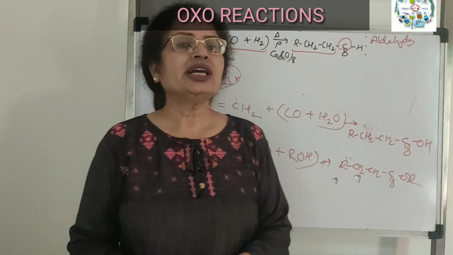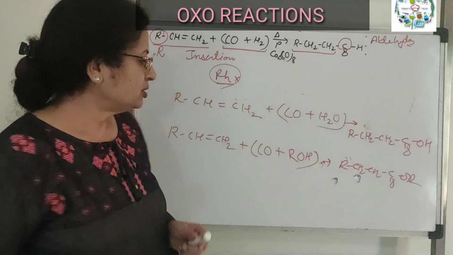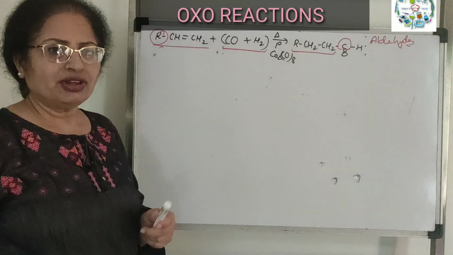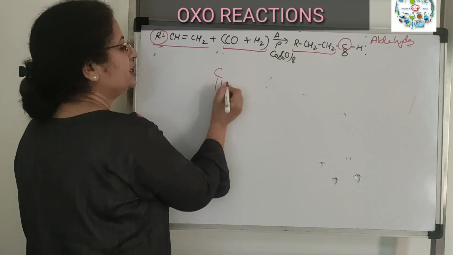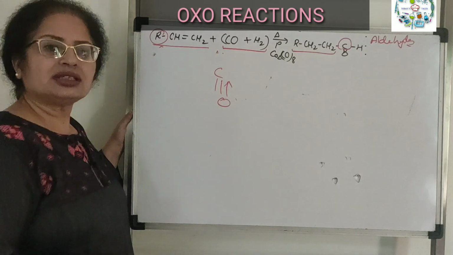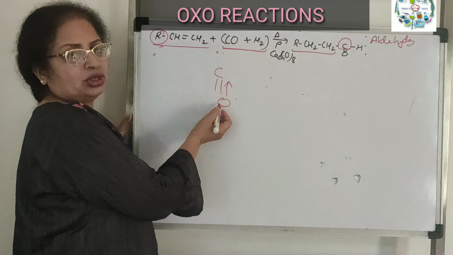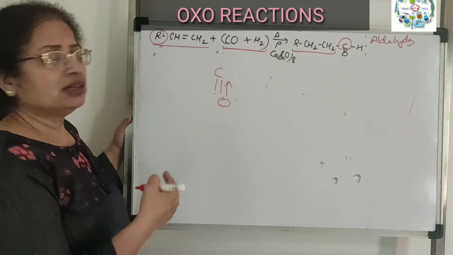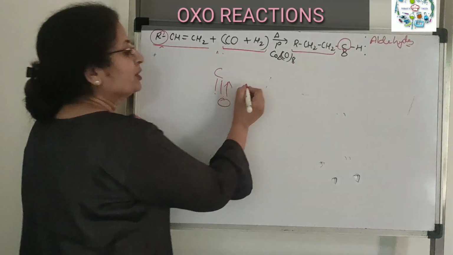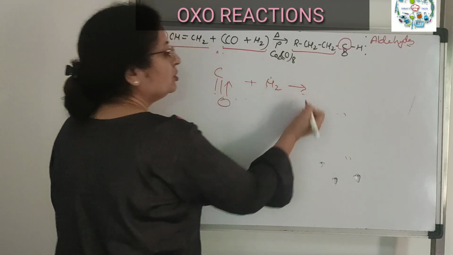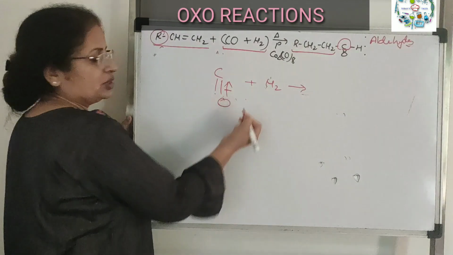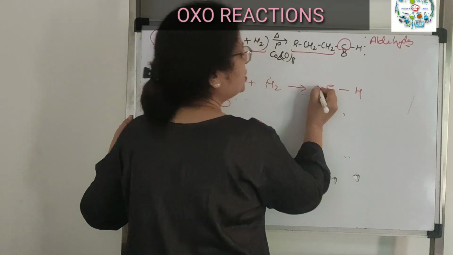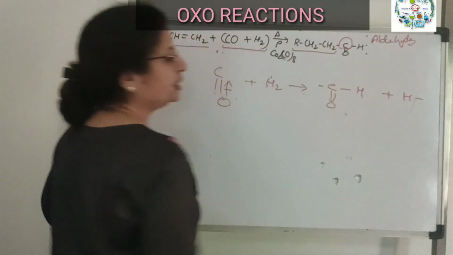And to memorize only, not for mechanism, just to memorize, we can understand these reactions in another way also. Carbon monoxide has a bonding structure like this, meaning there is one sigma bond, one pi bond and one coordinate bond where oxygen is giving electrons to carbon. And when we react with hydrogen, what happens? This pi bond breaks and we get C double bond OH and a hydrogen radical.